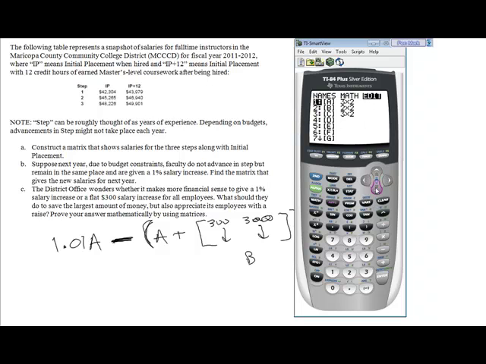But now I'm going to go over to Edit, Down, select this one, make it a 3x2, and I'm just going to put 300 all the way across the board. There is a faster way to do this if you're making constants, but we'll save that for another time. 300 and 300. Okay, so what I'm proposing is that we take 1.01, I'll clear out my screen here real quick, 1.01 times matrix A